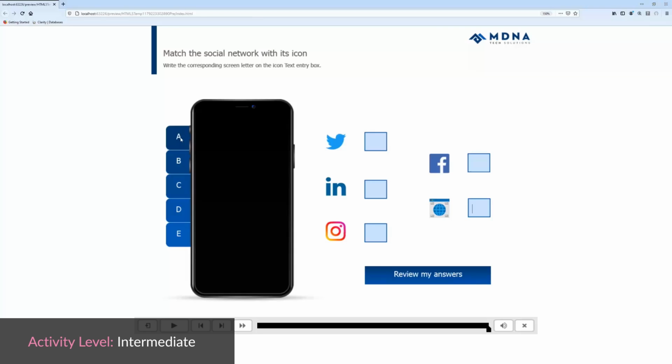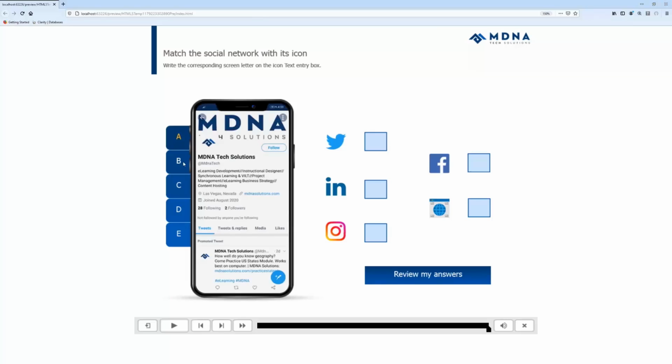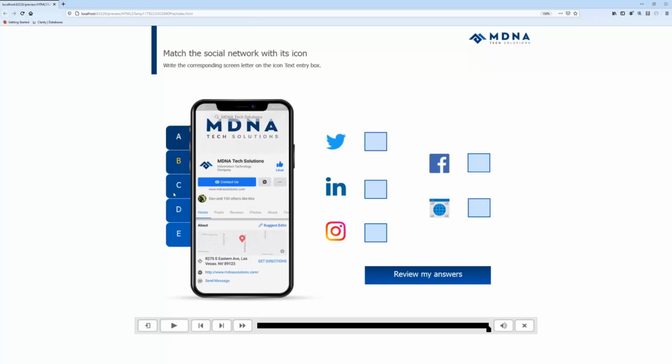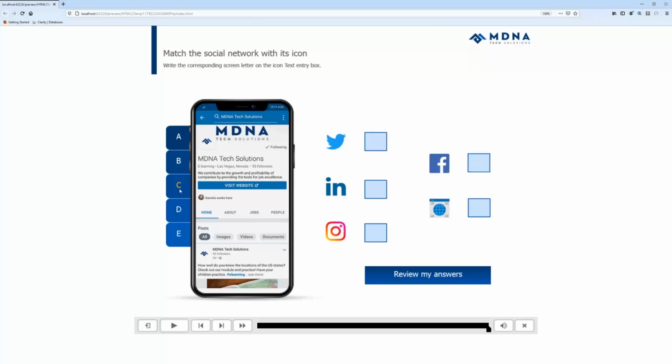The objective of this activity is to match the letter of the social media screenshots to its corresponding icon. So the user will be able to sort through the different screens and at the right of every icon, write its corresponding letter. So for example,